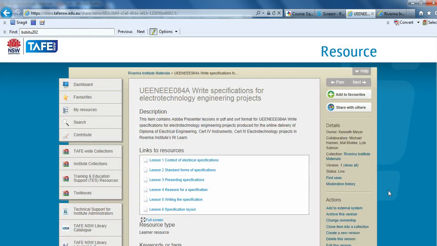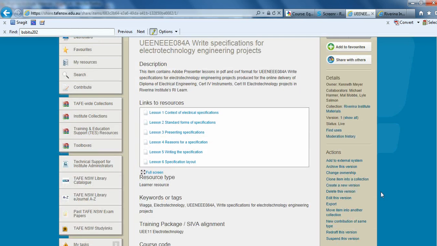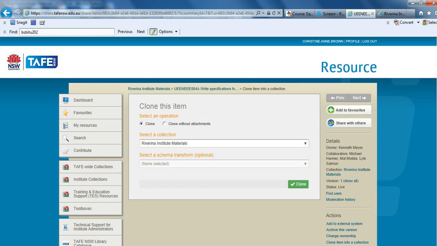and then on the right hand side under actions, because I have ownership on the item, I can now clone the item into the collection. So what this will do is make a copy of this item. It doesn't harm the original. And by selecting clone without attachments, it means I'm now free to add the attachments that are pertinent to that particular unit of competency that I'm doing, the new one, rather than the old one. So now if I click clone,